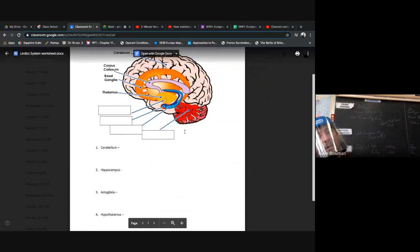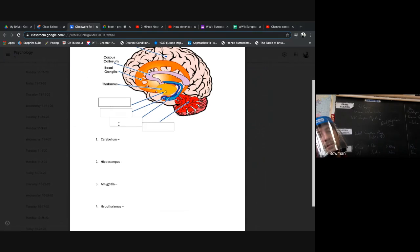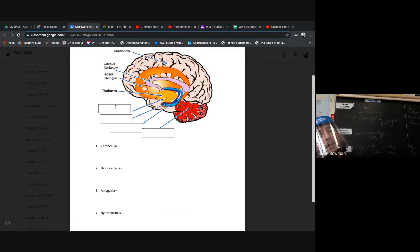All right, here we go. What is this part right here? Cerebellum. Good job. We just talked about that. Balance, coordination, a little bit of memories, things like that. What about this here? What do we have here? TC? Yeah, hippocampus, past, present memory. We talked about that. All right, branches off the hippocampus, right at the end, these two bulbs. Megan, do you remember? Right here at the end of the hippocampus. Amygdala, good job. And then finally, last one, connected pretty close to